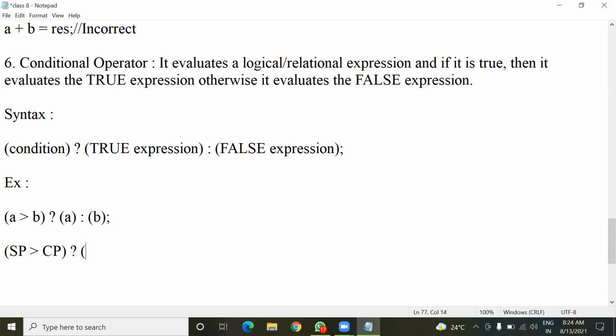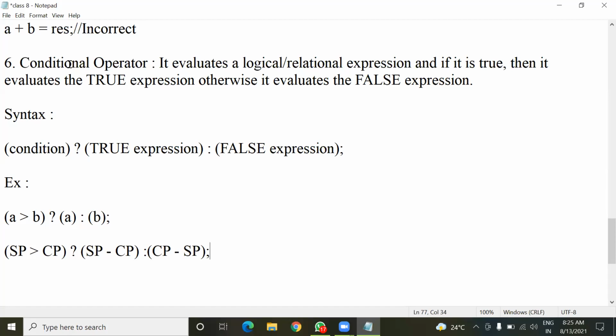Profit. How can we find the profit? Just by subtracting CP from SP. So in the true expression, I can write SP minus CP to calculate the profit. Now, if the condition is false, in that case there is a loss in the transaction. So in the false expression I can write CP minus SP like this. Understood, everyone? Yes, sir.